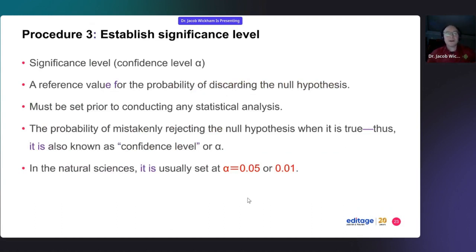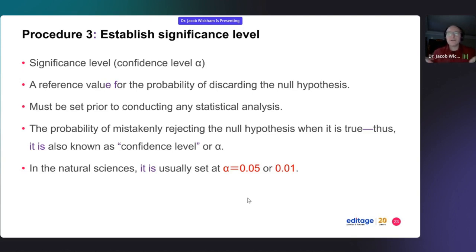This procedure is important. I talked about p-values already. The p-values are tested at a certain significance level, and your significance level is this alpha. And alpha is your confidence level. And this is usually set at 0.05. And this is a great compromise between type 1 and type 2 error in hypothesis testing. And usually your alpha level is set before conducting any statistics. I think 0.05 is a conservative value.